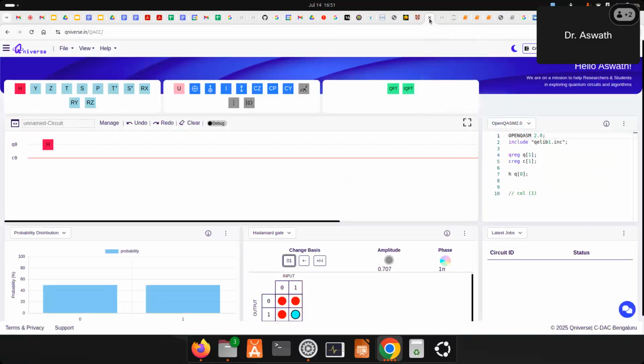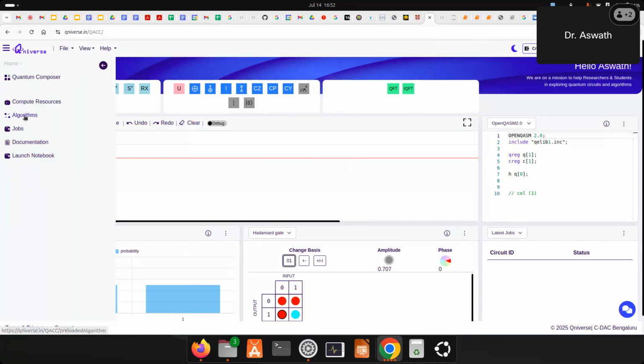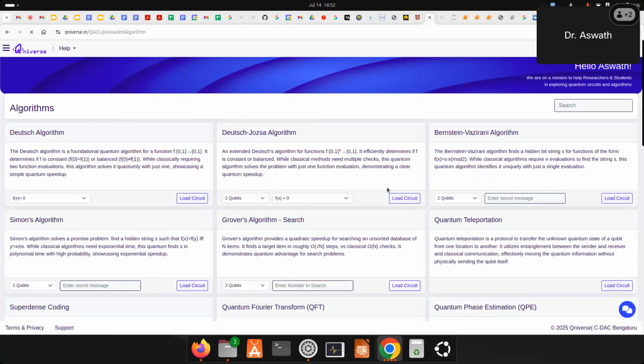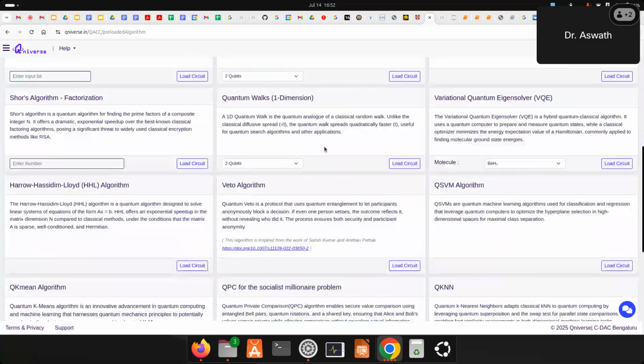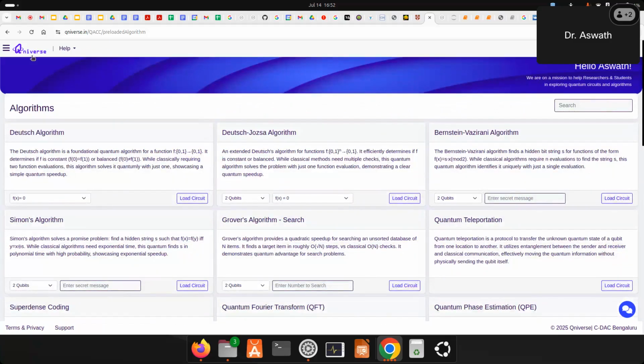Meanwhile, please explore these two ports. Control Z is also there, control phase gate is also there, control Y gate is also there. Control NOT is just a CX gate, but I can also have CZ, CP and CY. That is available here on the quantum universe. When you go for algorithms, beautifully all the algorithms are there. We'll check all these algorithms when I come back with quantum parallelism.